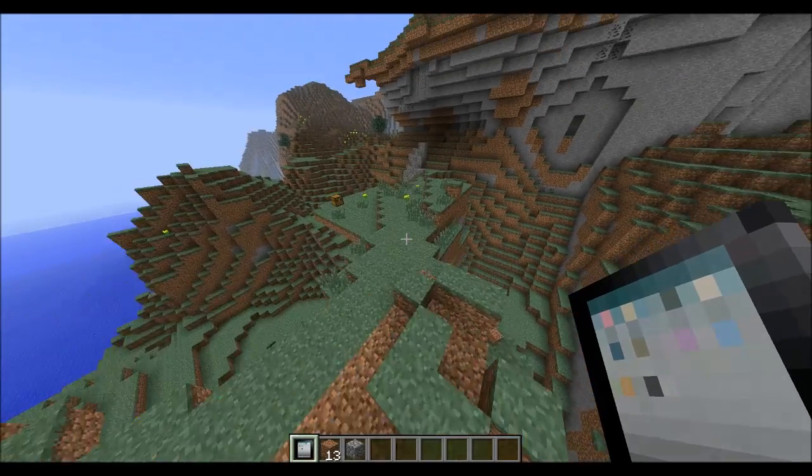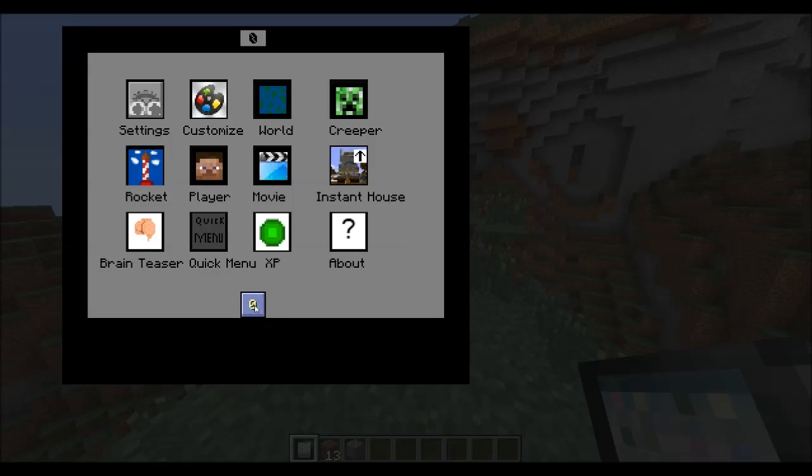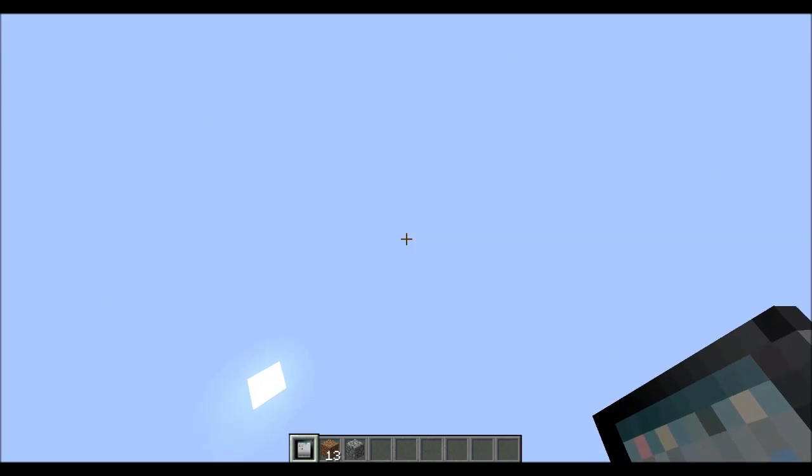Now let's go back over here, and let's go back to the rocket, and let's change the height. So let's go to about 30. I think that sounds about good. So if we go ahead, oop, dang it, I forgot to hit launch. So let's go past that really fast. Okay, 33, that's fine. And then let's go back, and as you can see, it launches out of the world,